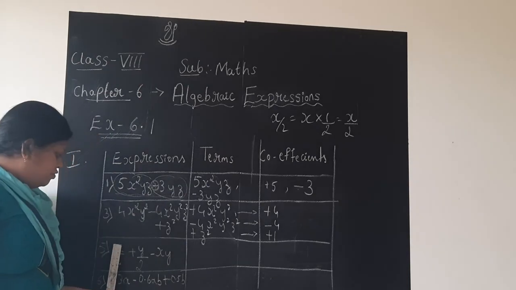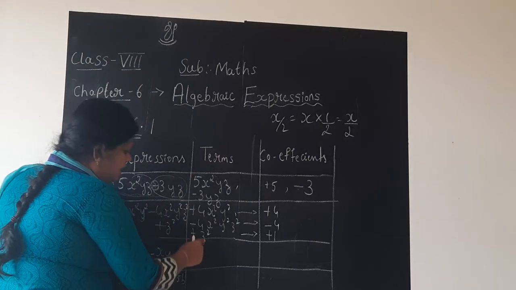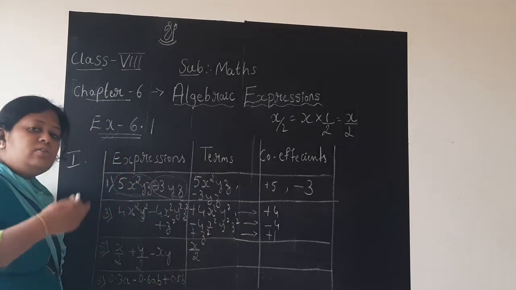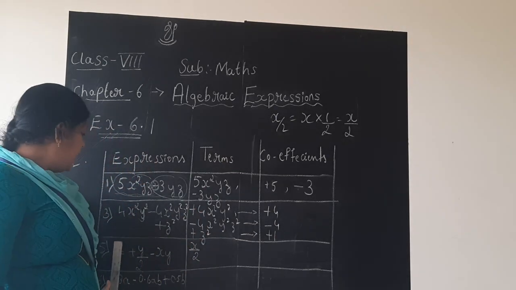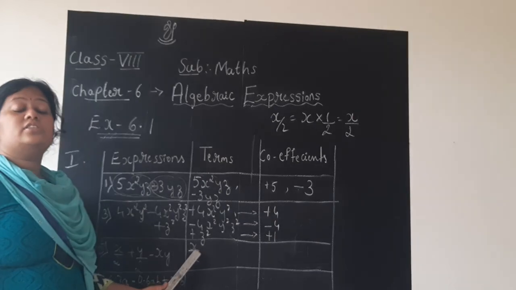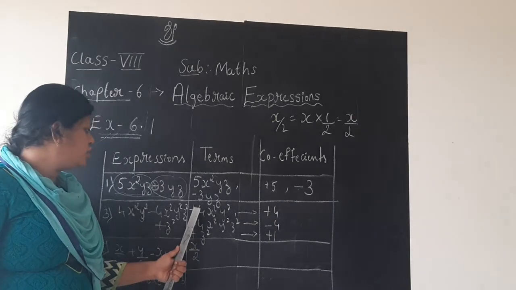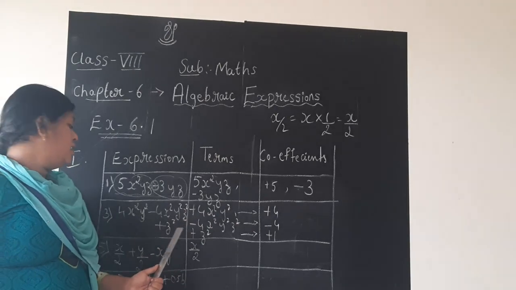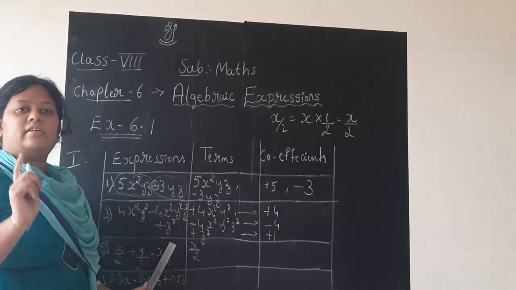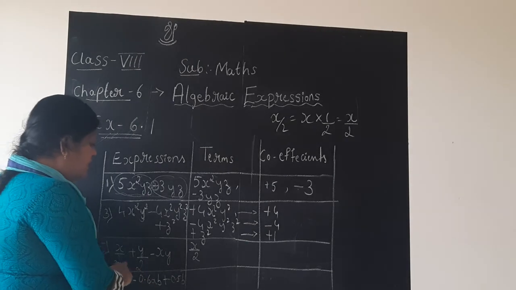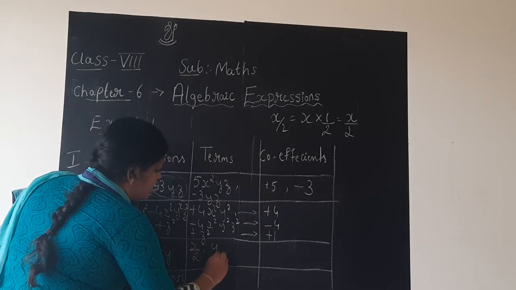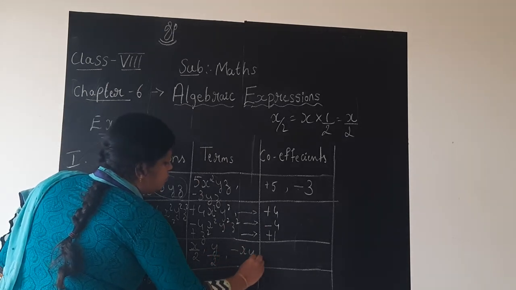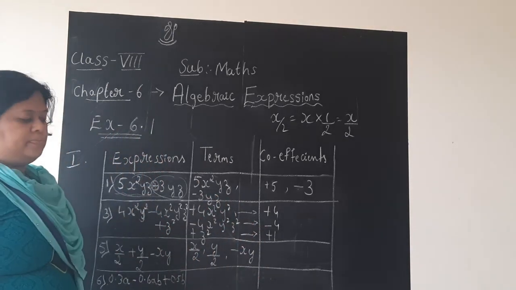So for x by 2, first step is let us write the terms. Which are the terms? X by 2. As you learn, children, make a habit of writing the terms as it is, that is positive terms as it is without mentioning the sign. Why? It is understood it is plus sign if you don't write. But if at all it has minus sign, write it along with the sign. Plus x by 2 is one term, plus y by 2 is another term, minus xy is the third term.